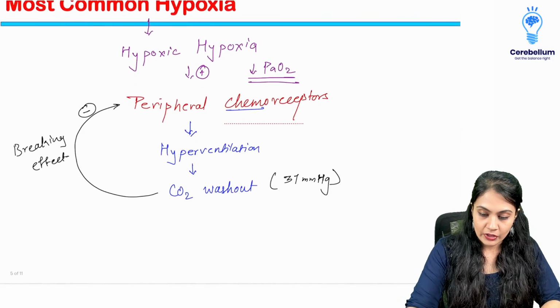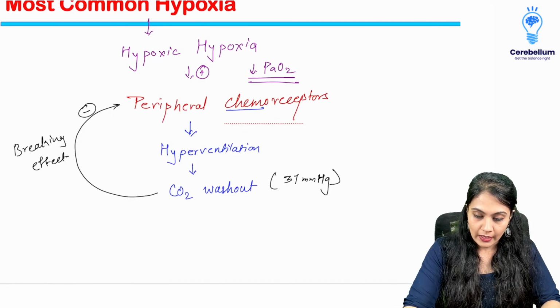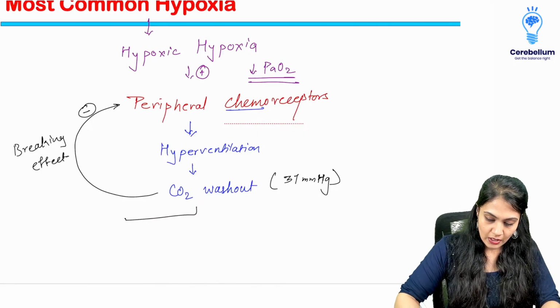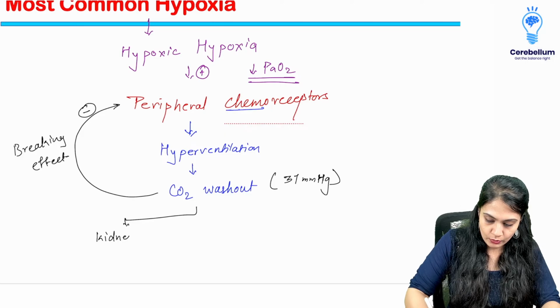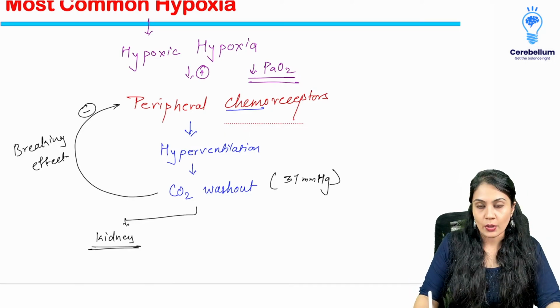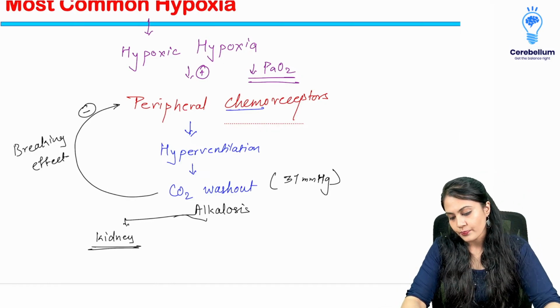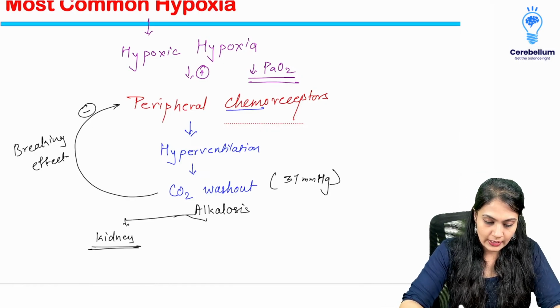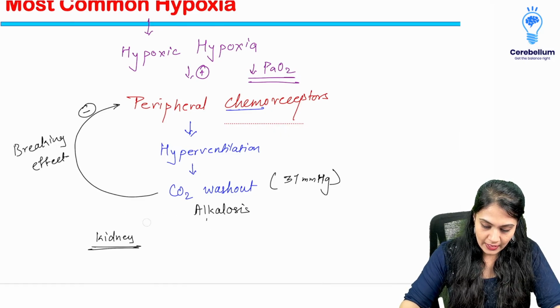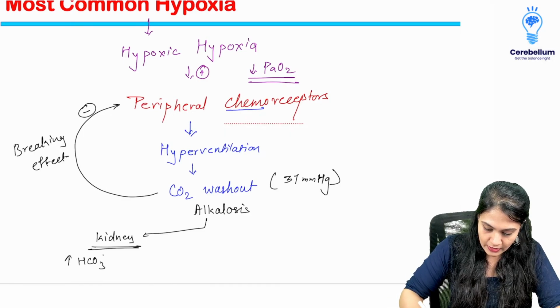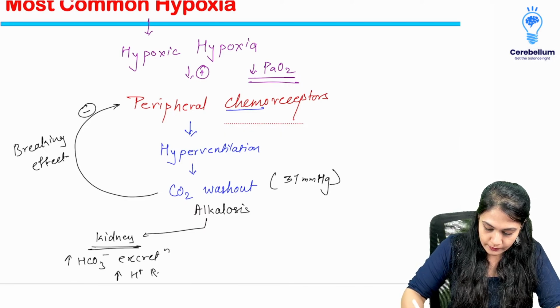Not only that, whenever the carbon dioxide washout happens, other compensatory mechanisms will be activated. What are those? First thing first, the kidney comes to help. Carbon dioxide is washing out, and because of that alkalosis is taking place, and the kidney comes to aid. Of course, the alkaline environment is much more. So what should the kidney do? It will increase the bicarbonate excretion